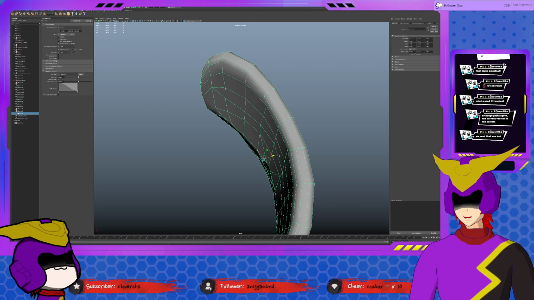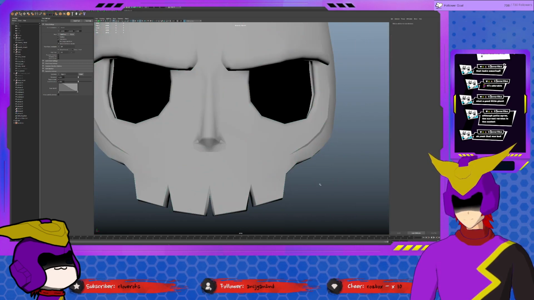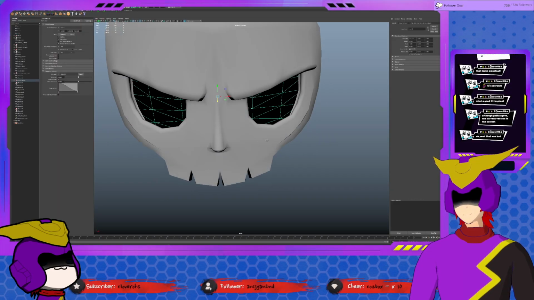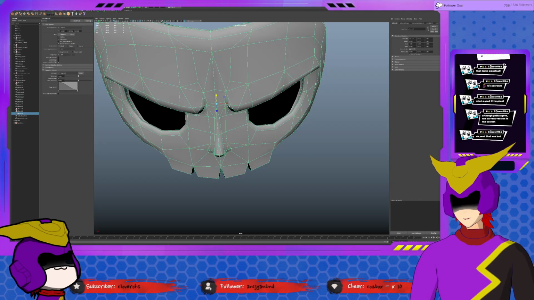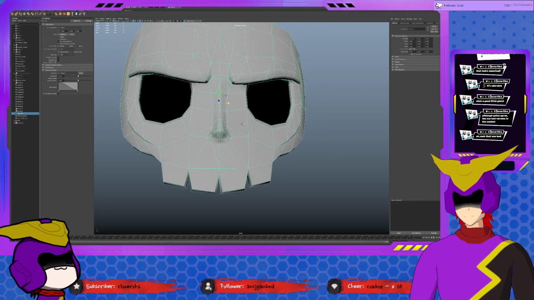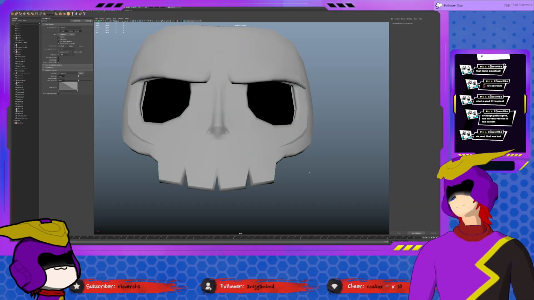This is gonna have to bend more. There's the old nose still. I mean, alternatively, I'm just gonna shrink it. And like,